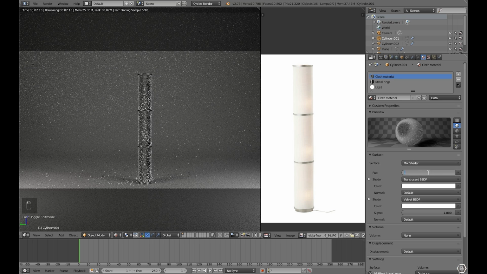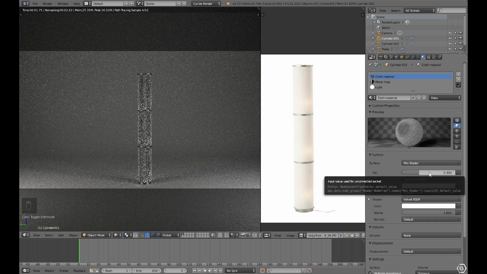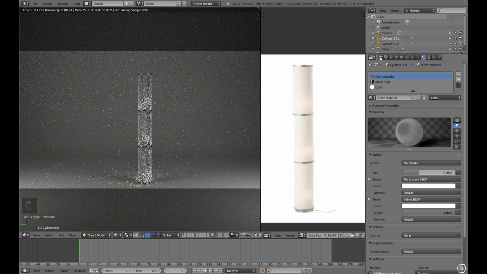That was already at 0.5. Let me do 0.3. So very noisy. It's not looking as wide as I would like it to look. It looks more. Well,